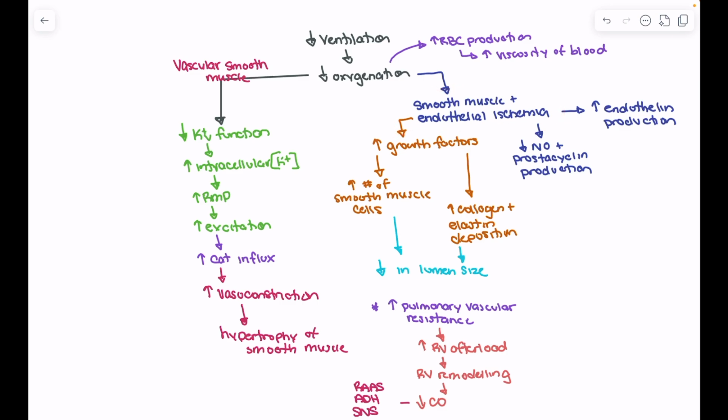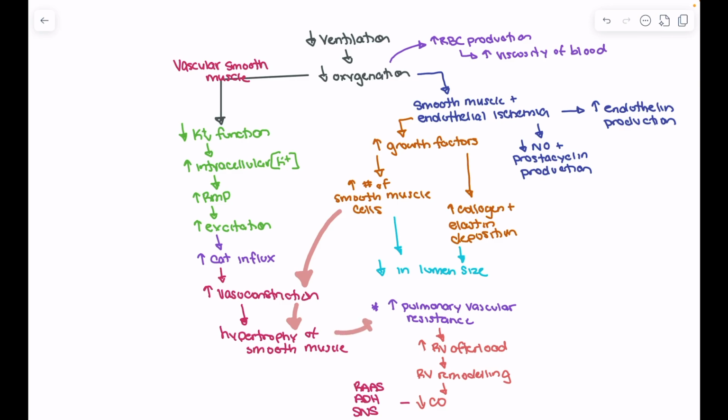When we look at the smooth muscle, one of the things that we see here is an increased release of growth factors. So again, things like platelet-derived growth factor and fibroblast growth factor, and this leads to an increased number of smooth muscle cells. And again, think about what the consequence is there. If I have an increase in smooth muscle cells, that's going to promote stronger vasoconstriction, which then will further promote hypertrophy of these cells, which is a big issue for this patient